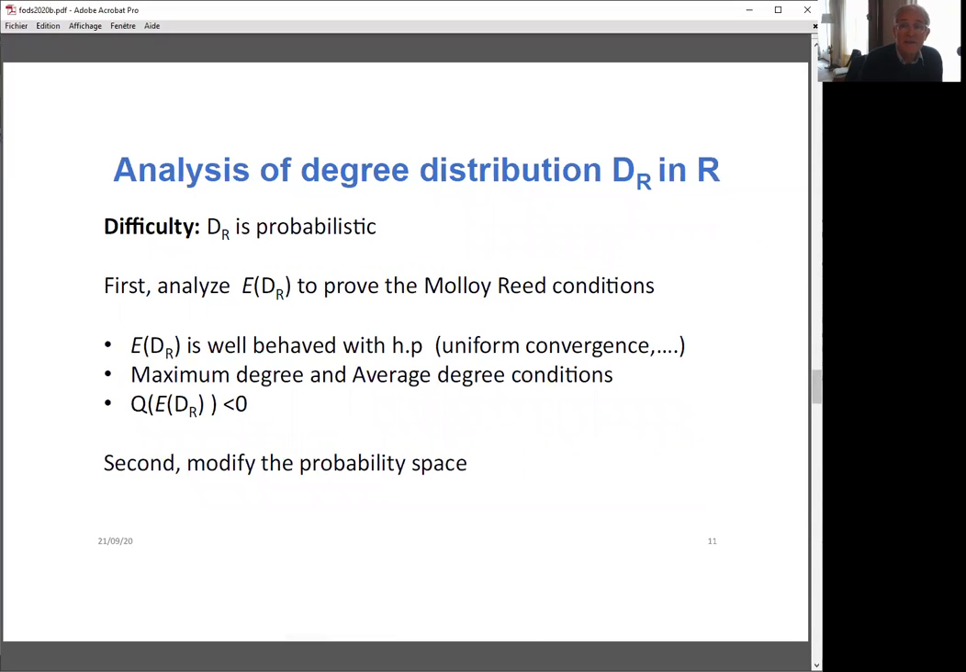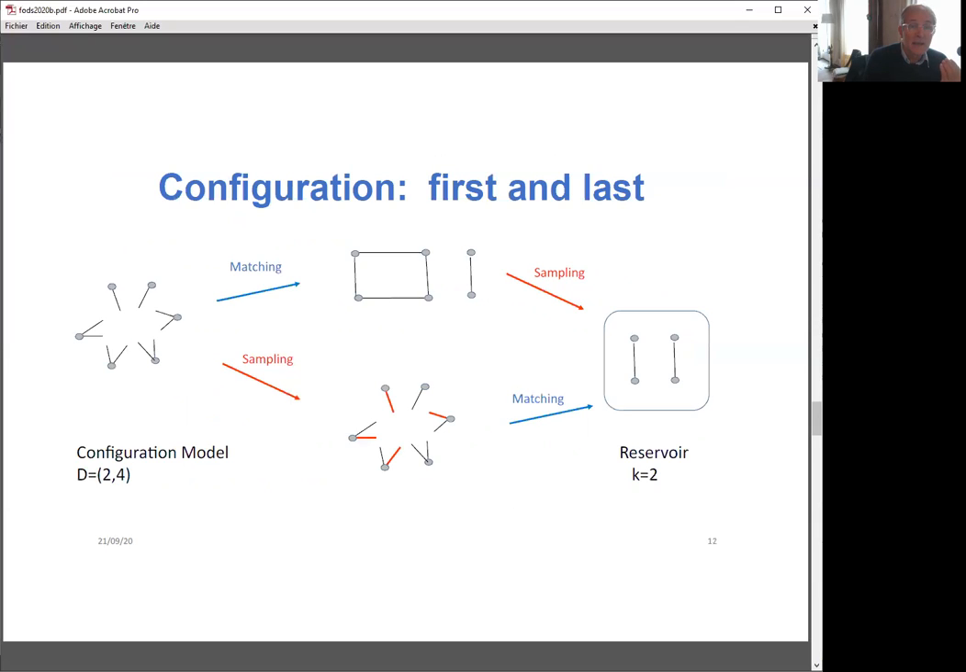So the analysis is that now the degree distribution is probabilistic, which is a difficulty because it comes from the sampling. So we have to analyze first the expectation of the degree distribution. And in this case, we can check that it follows the Molloy-Reed condition. And then we have to construct